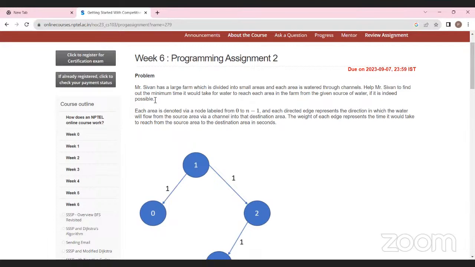Help Mr. Sivan find out the minimum time it would take for water to reach each area in the farm from the given source of water, if it is indeed possible.